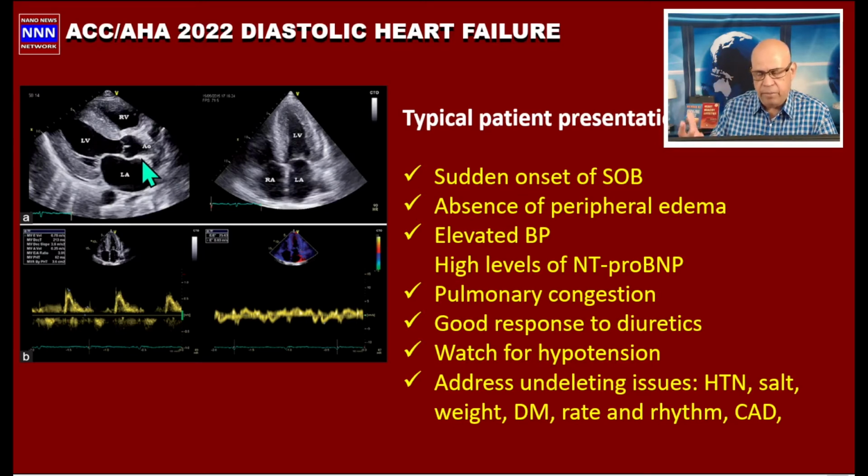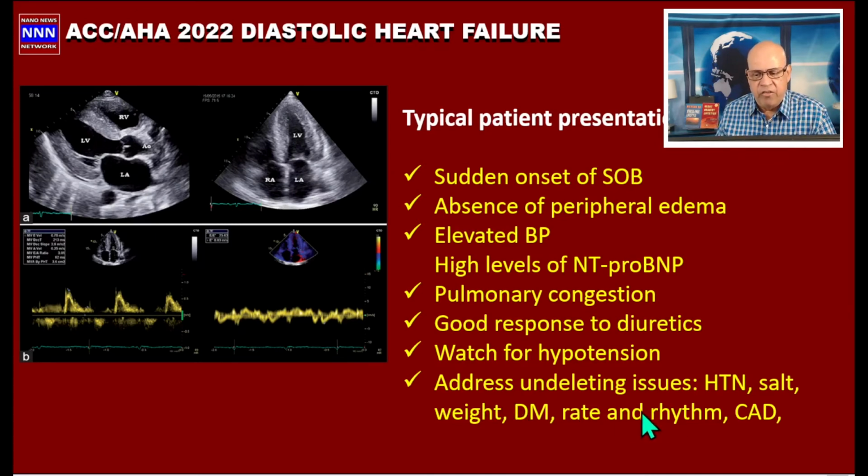And in the elderly population, over the age of 65 years, you think more in terms of infiltrative diseases, particularly amyloidosis, where the only treatment we have may be limited to one or two drugs. And we also need to address the underlying conditions like hypertension, salt intake, weight, diabetes, and pay special attention to